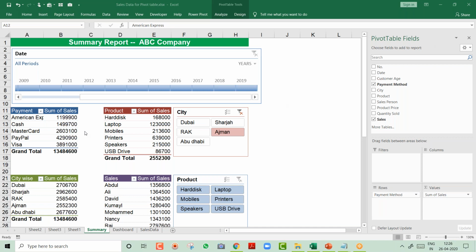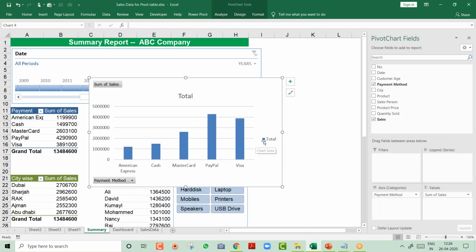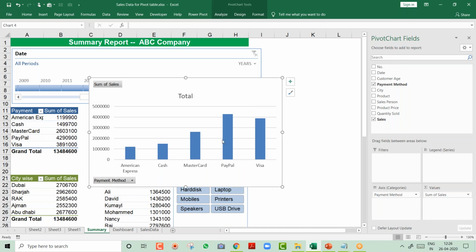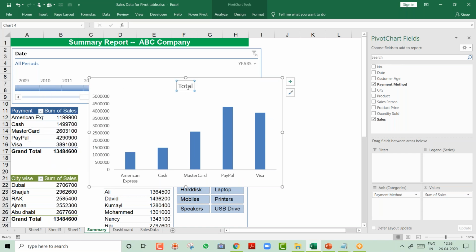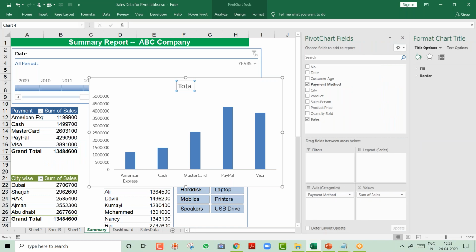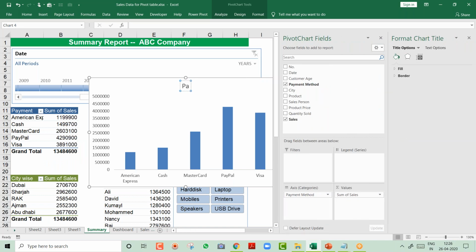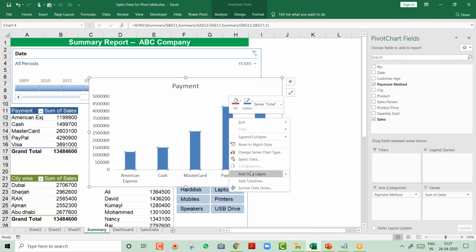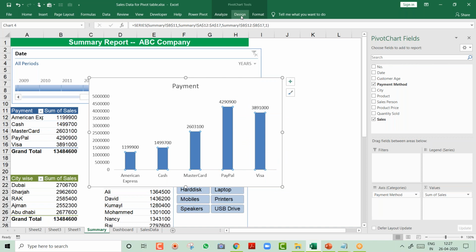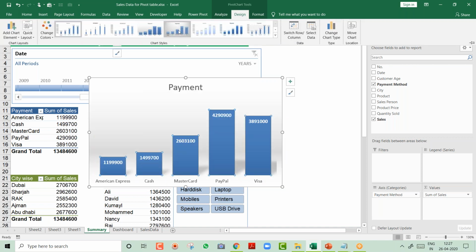So F11 basically is creating a chart in a new sheet. So quickly I will press Alt F1. My chart is ready. I don't want all these grid lines and everything. So this is my habit, but if you want, you can surely keep it. But I don't like all these things. So everybody has their own thing, depends upon you. So I say this is my payment wise. So what I do is I right click and edit the title. Now friends, you can go to the design and you have nice looking charts over here.